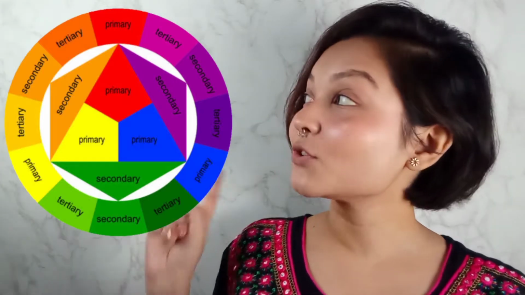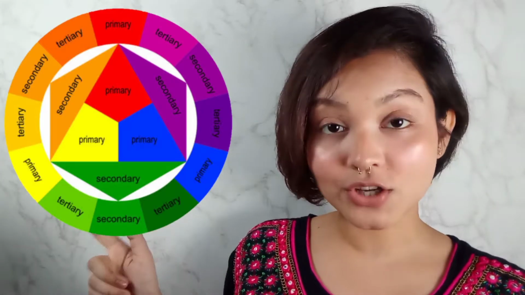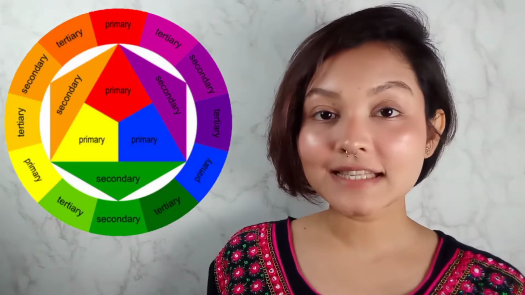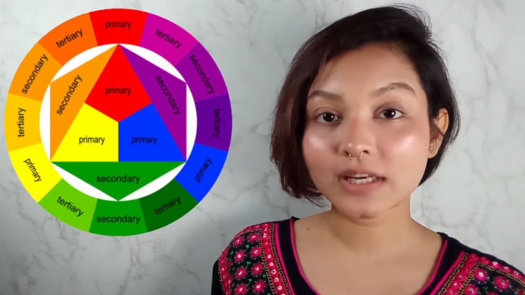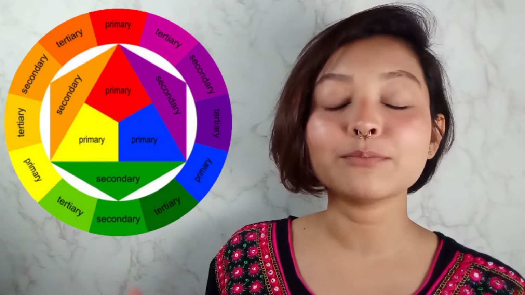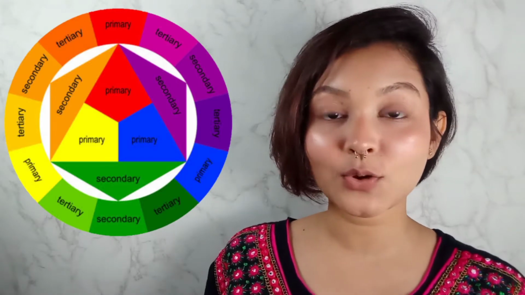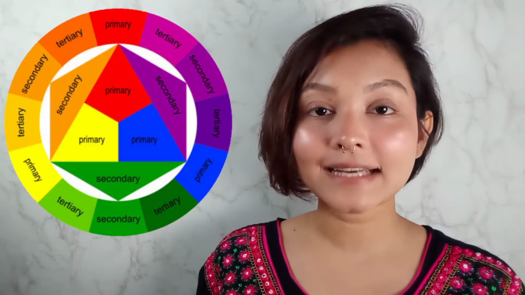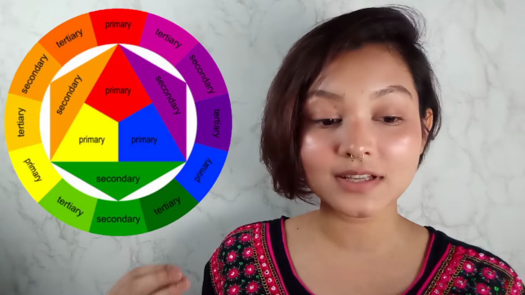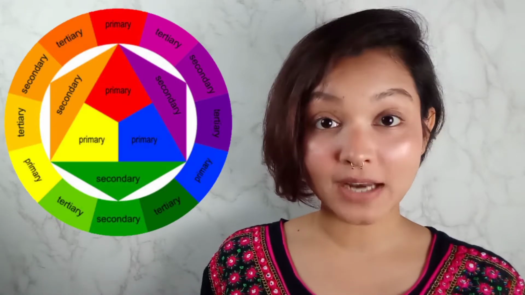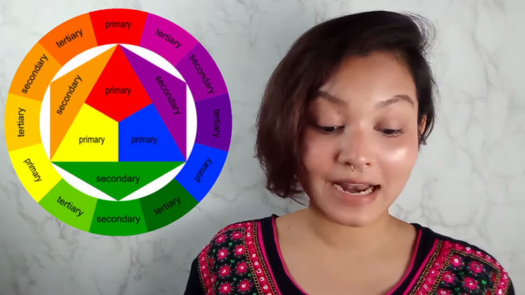Suppose going with red, yellow and orange, or going with red, purple and blue. Just because they follow the same undertone, it is a lot easier to work with them and it gives a very beautiful diffusion of colors. When you mix red and orange, just because they are side by side and they are already sharing the same family of colors, it is already going to look much better than you trying to mix up red with a blue.